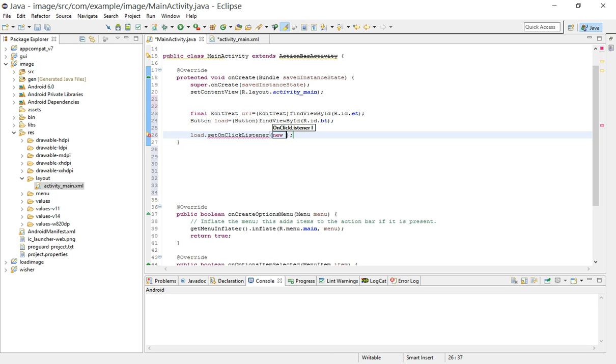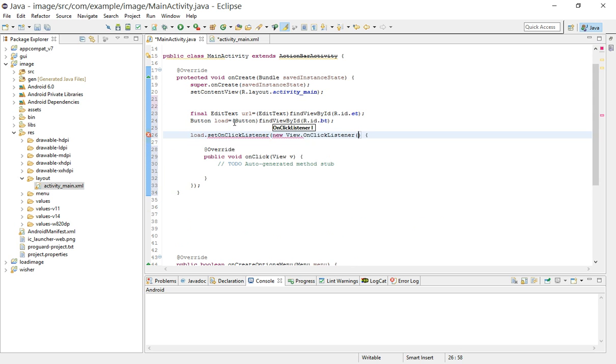Since we have not created an on-click listener, we are going to create one right now, saying view dot set on-click listener, and Eclipse writes in the code for me, so no big deal. And then within this function, whatever you write within this public void onClick(View v) will be executed whenever the button is clicked. So now write